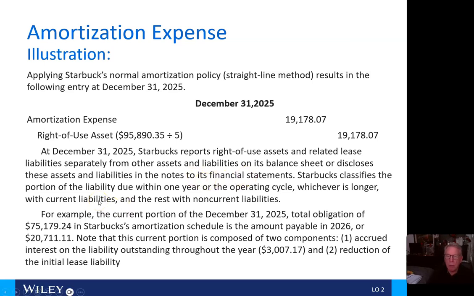For example, the current portion of the December 31, 2025 total obligation is $75,179.24. In Starbucks' amortization schedule is the amount payable in 2026, or